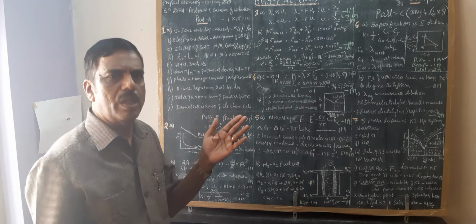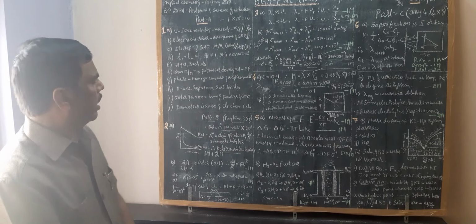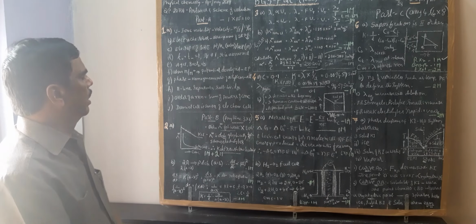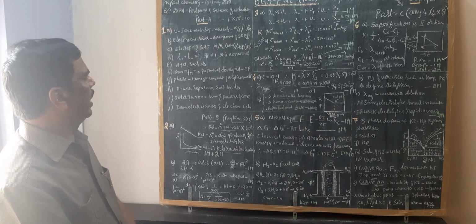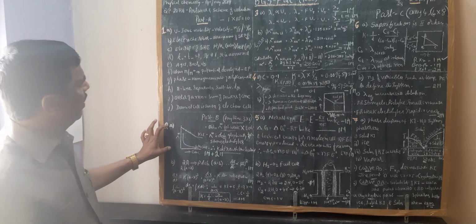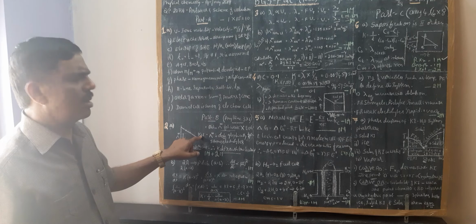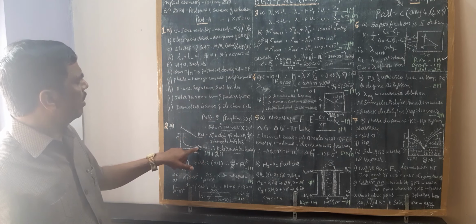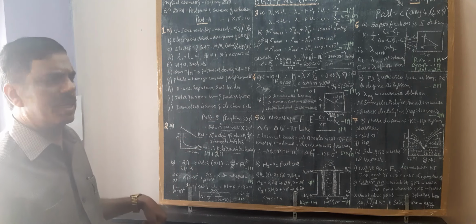dilution, infinite dilution. It is very difficult to reach infinite dilution in case of a weak electrolyte. Therefore, how to determine the conductivity at infinite dilution for a weak electrolyte? For that, here you see in this graph, one is a strong electrolyte, for example, potassium chloride is taken. Another one is acetic acid is taken here.